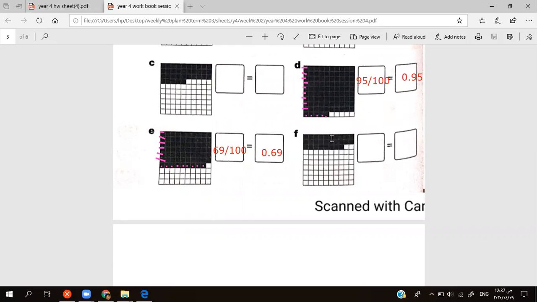0.69. Now let's count here: 10, 20. Now let's count the ones: 21, 22, 23, 24, 25, 26, 27, 28. So here I have 28 from how many? From 100. And when I turn it into a decimal, it's gonna be 0.28. Okay,